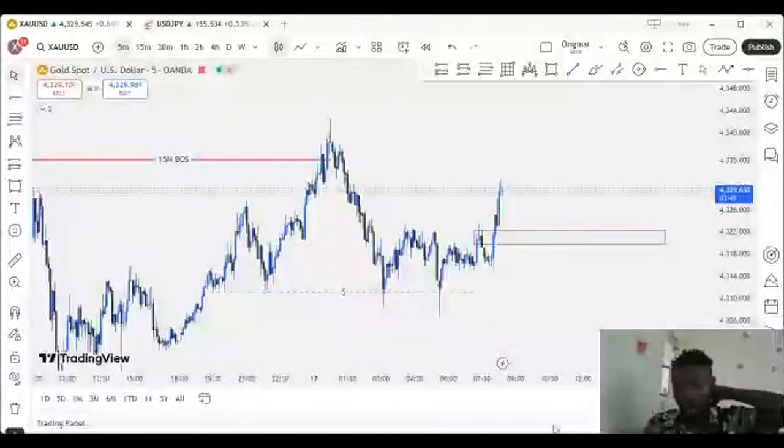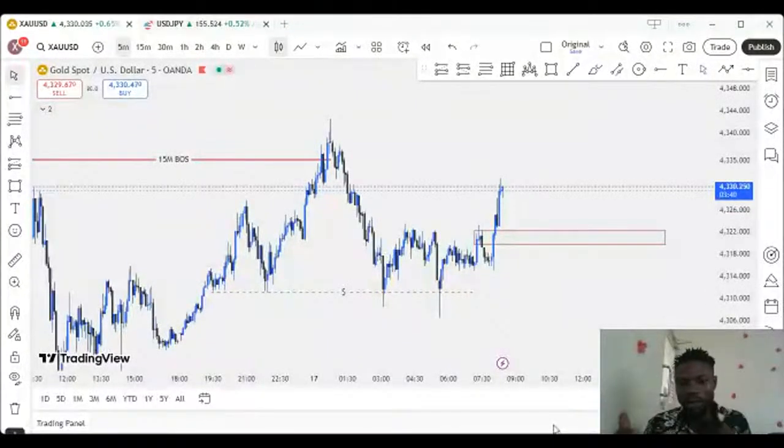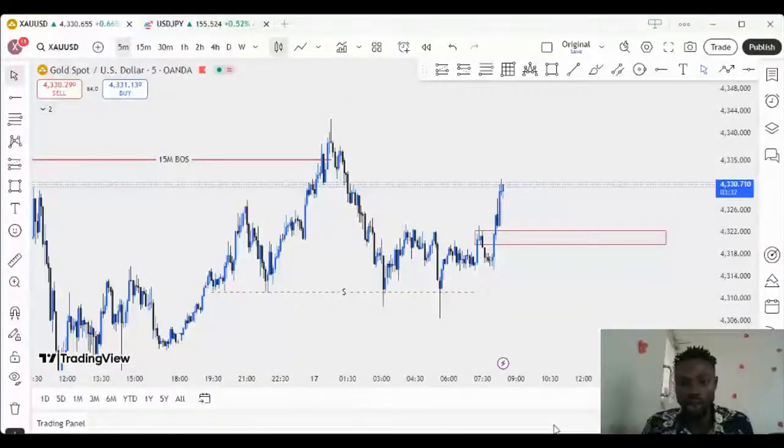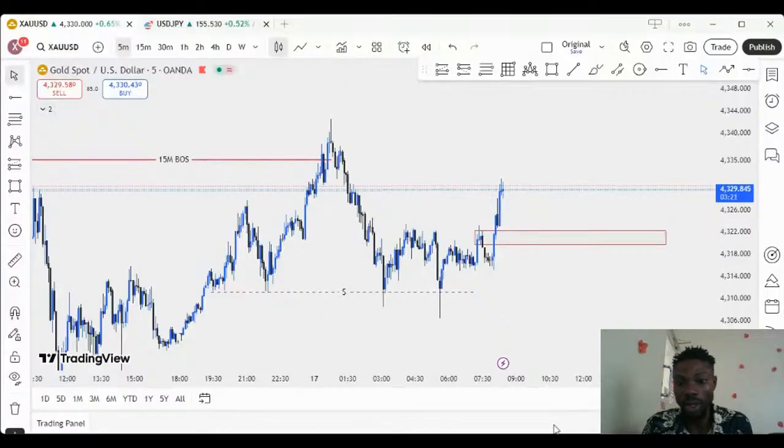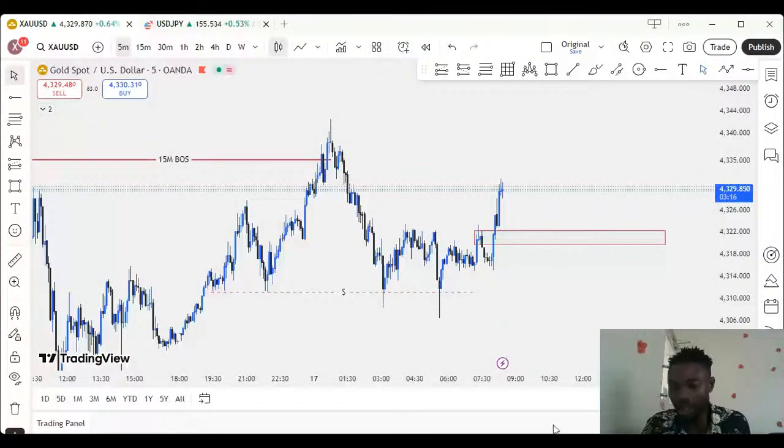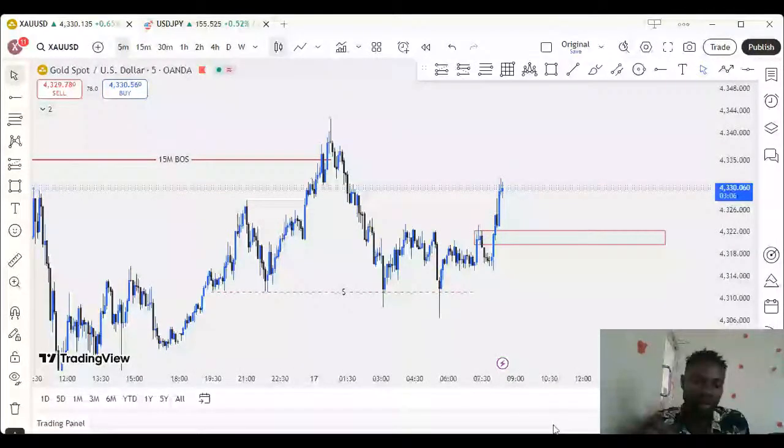Some people have $100 that they want to risk for 1 month. So definitely you have to divide it. How many weeks do you have in a month? That's 4 weeks. You have to divide your $100 by 4, which means you have 25 dollars for each week. So each week, how many trades do you know you need to take, with your strategy, to have a winning trade? Someone like me, that $25 I will just divide into 3, because I know that once I enter 3 trades, I win one. And that one that I'm going to win is going to recover my account from the two trades I lost, and it's still going to give me a very reasonable profit.